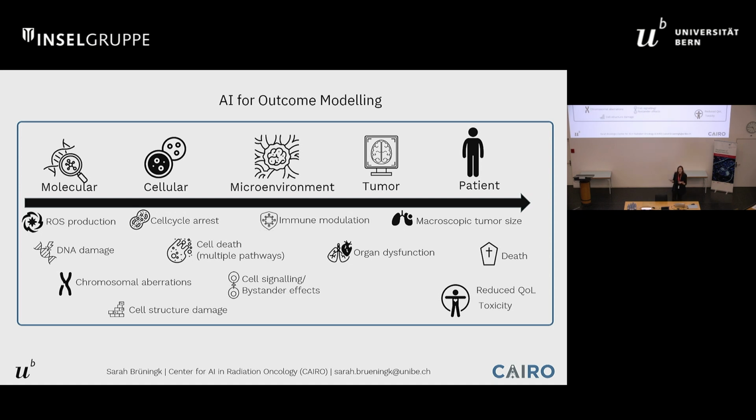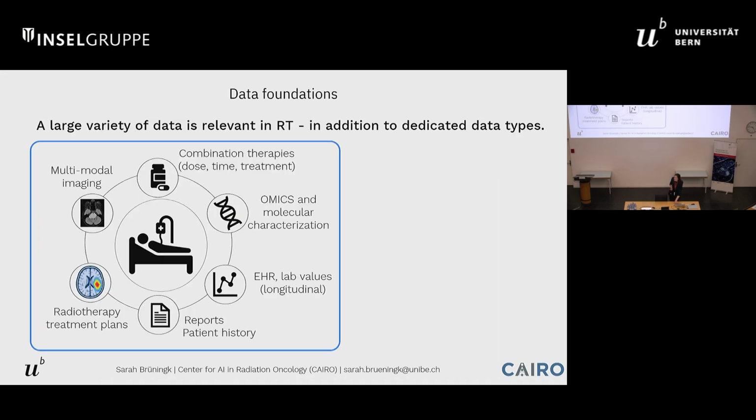And of course, also for us, it is important to talk about how can we improve the response of our patients even further. And I wanted to bring this image because radiation oncology is actually quite well understood at the microscopic level all the way to the patient level. So it's a scale of biological complexity. And as I am running out of time, I will make it very quick to mention that yes, there are a lot of models out there, and we do have